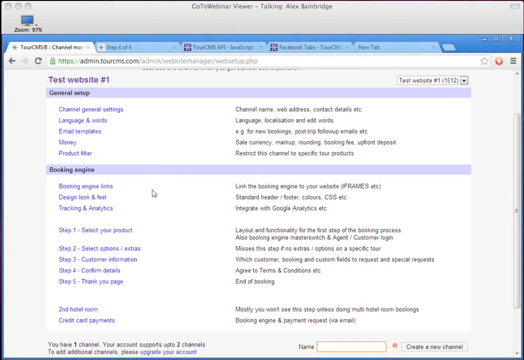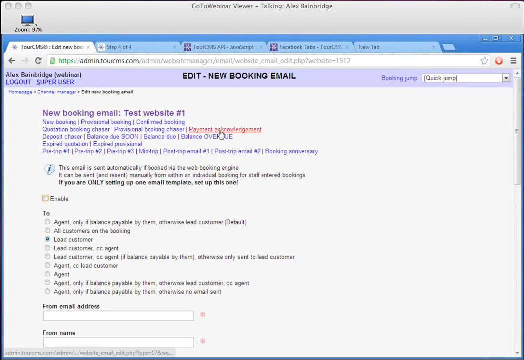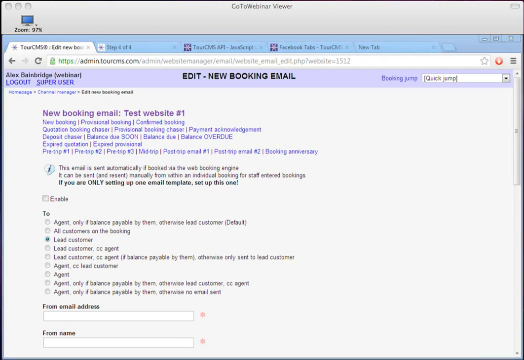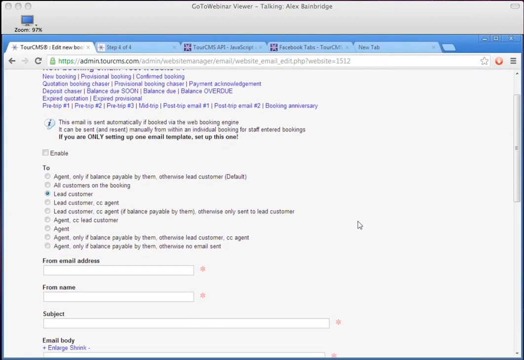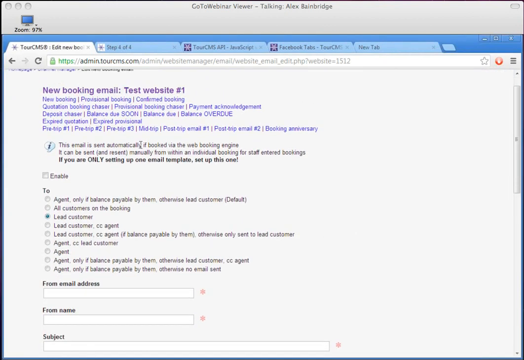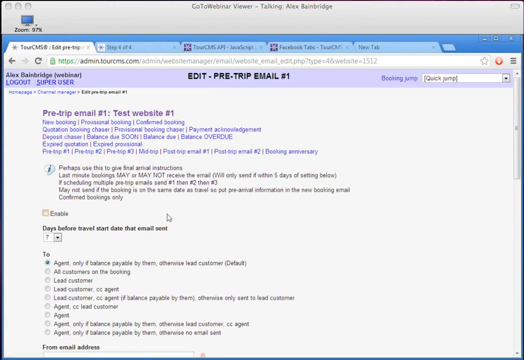The other things that we can do is we can set up things like automated customer communications. So I've just come through here into a page where we can set up some email templates. So let's say you wanted to create a pre-trip email, so it was sent just before the customer arrived with you. So let's say they booked 2 months ago,